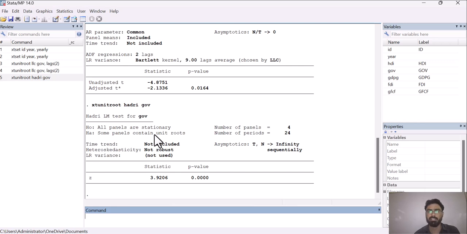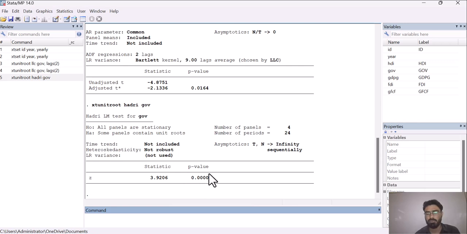So in case of the Hadri test, H0 and H1 are different from the Levin-Lin-Chu method. But the criteria for accepting or rejecting the null hypothesis is the same.